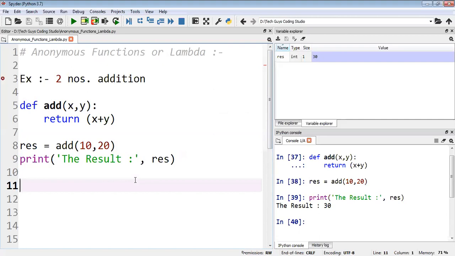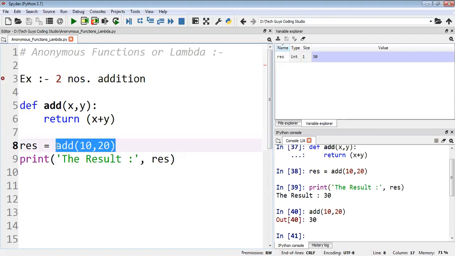Sometimes, if I don't need these extra two lines, you just execute the function. The function is already executed, so I can directly call it here. We are just calling the function, and here you get the output 30. But to look pretty, you can do it like this also. You can write some extra things.